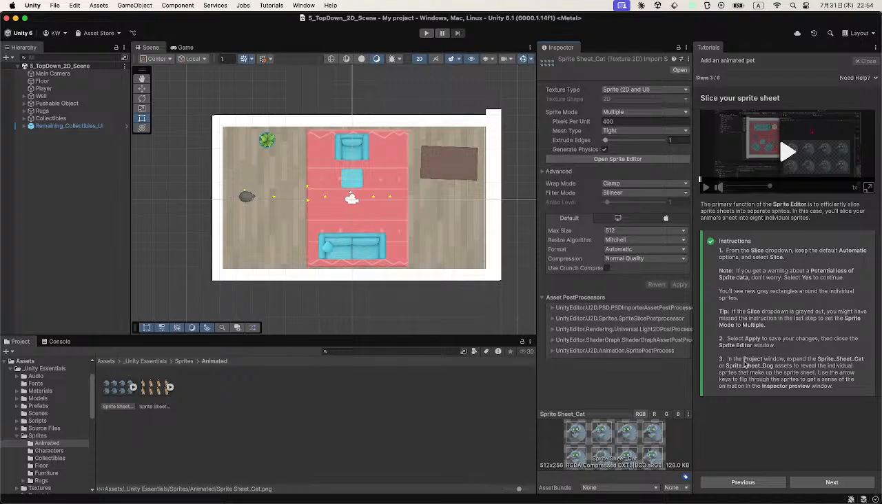In the project window, expand the sprite sheet cat or sprite sheet dog assets to reveal the individual sprites that make up the sprite sheet. Use the arrow keys to flip it. In the project window,